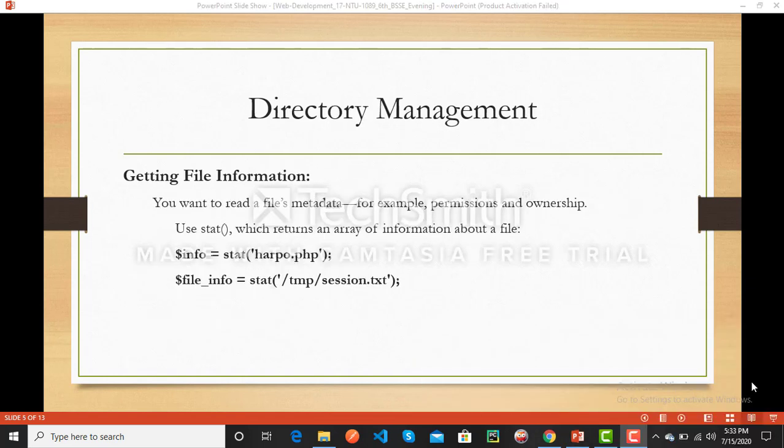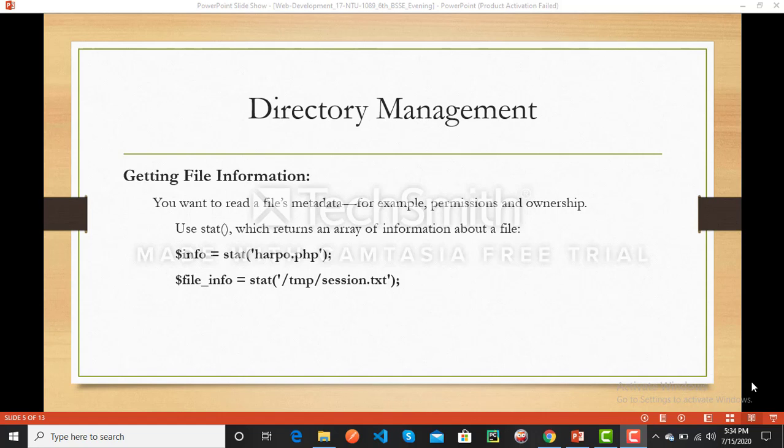Next topic, getting file information. You want to read the file's metadata, for example permissions and ownership. For this we use the stat function, which returns an array of information about a file.